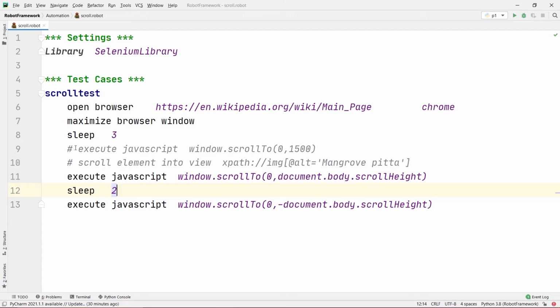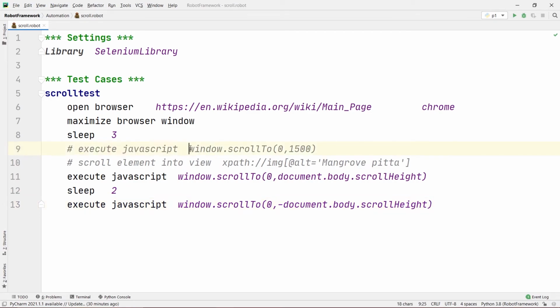So what we learned today, we learned 2 types of scrolling. So using JavaScript and using directly the command scroll element into view. So this way you can scroll down to any particular element or any number of pixels, or you can scroll to the bottom of the website, or you can scroll back to the top of the website using these commands.